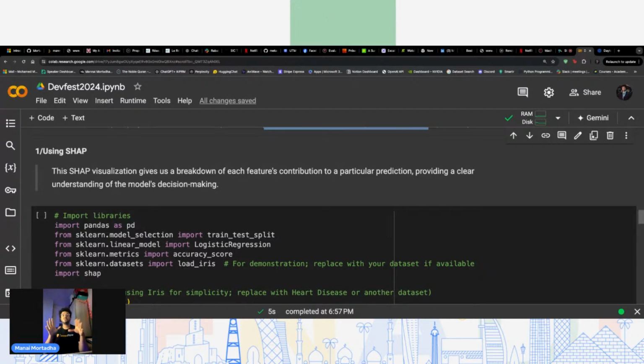We are not going to implement a model to change the accuracy or to lower this number to 90% or something. That's not the goal. You need to obtain the same accuracy and the same model. We are not going to make a difference in the model. We are going to use the same regression model, the same classifier, and we need to get an extra output. The extra output is going to be a visualization of particular predictions to provide us a clear understanding of the decision making